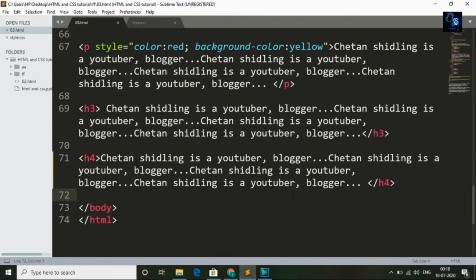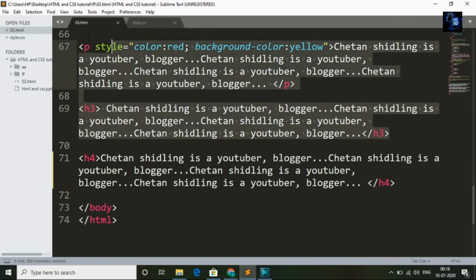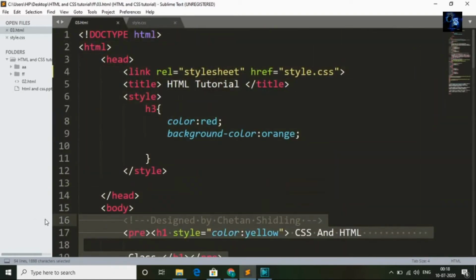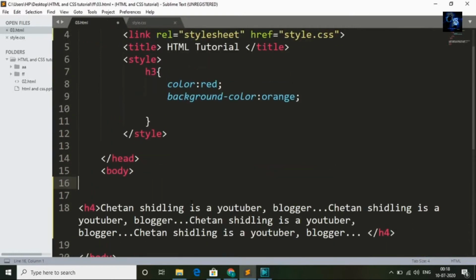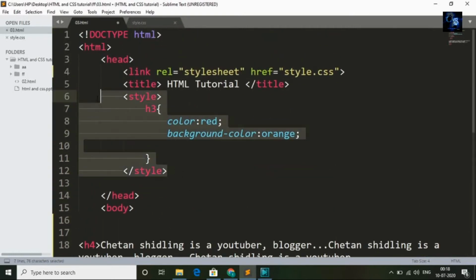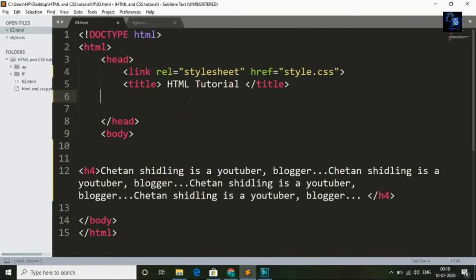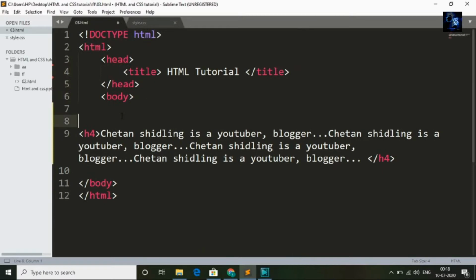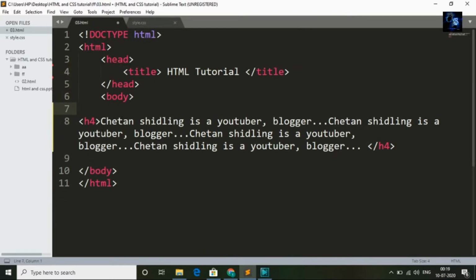First of all, I will delete all these things, and I will delete this also. Yeah, now it is good. And I will change this into para.